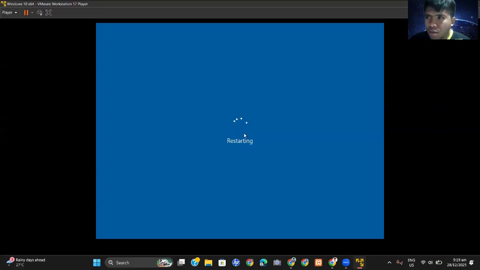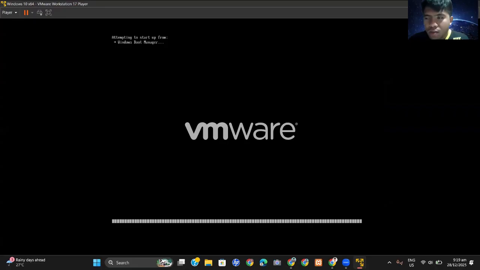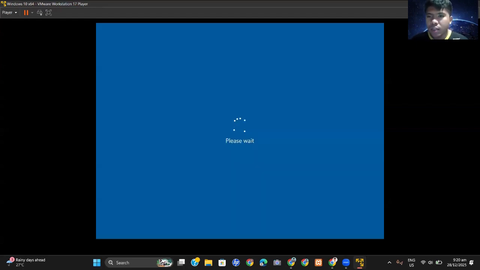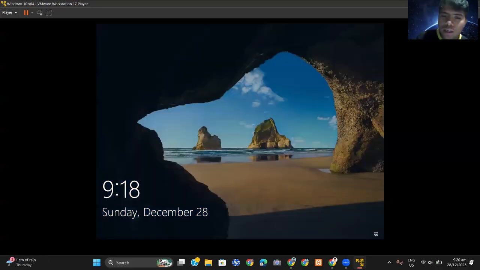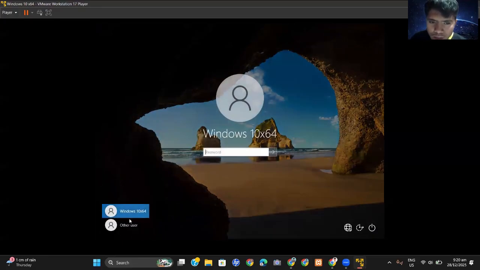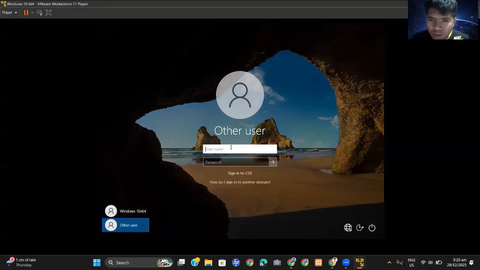After that it starts and it will apply the following changes on the client side. We need to restart it so that the following changes are applied on the server side. So please wait while it successfully obtains the following part. As you can see, it successfully restarted, then we need to select other user.